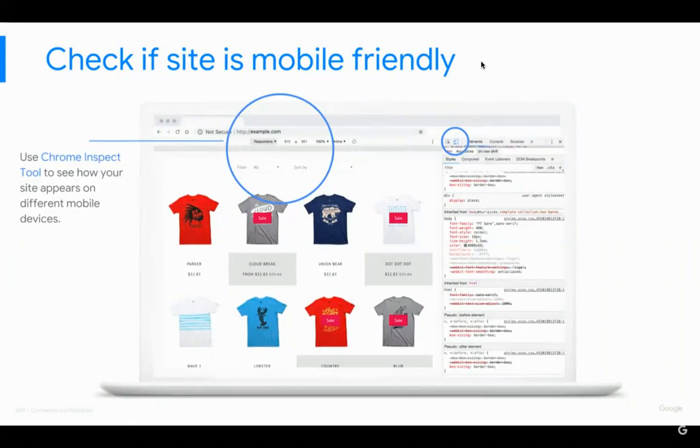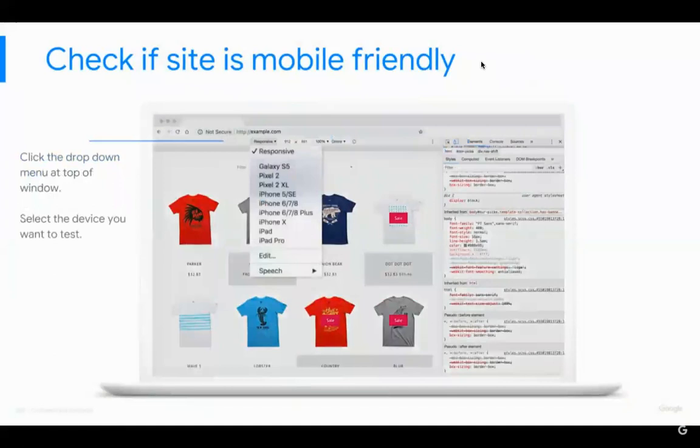It's the big blue circle on the left-hand side of this slide. Now, click the down arrow symbol that you see next to the word responsive to see a drop-down menu with different device options, including Pixels and iPhones, iPads, and more. You can select the device from that list to see how your web page appears, and then you should jot down the list of any devices that you spot that might need some work for your website layout and template